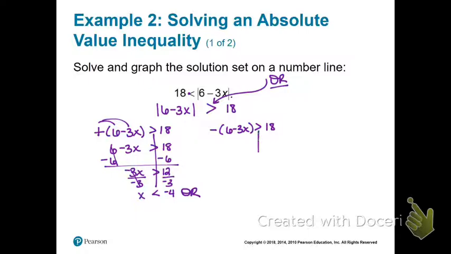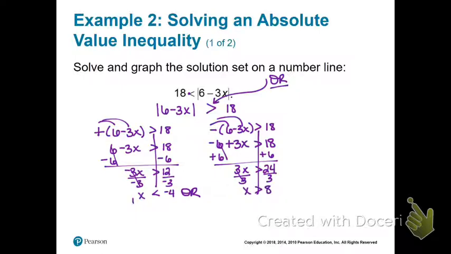And we're going to do the same thing to the second one here. So let's distribute that negative. So we get negative 6 plus 3x, our inequality in 18, then just solve for x. So add the 6, so 3x, our inequality in 24, and then divide by 3. So x, our inequality is not going to change because even though we divided, it was by a positive 3, and we get 8. So here is our answer